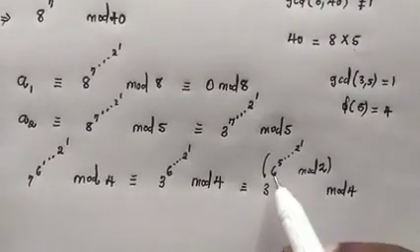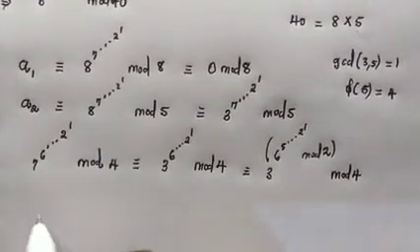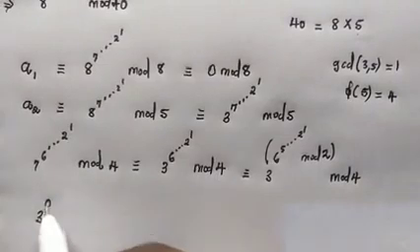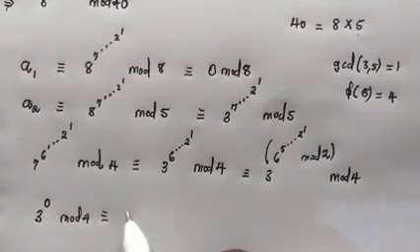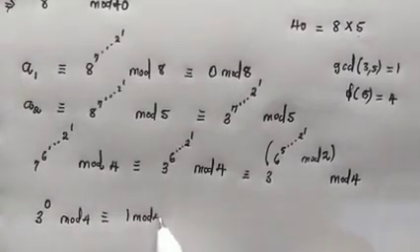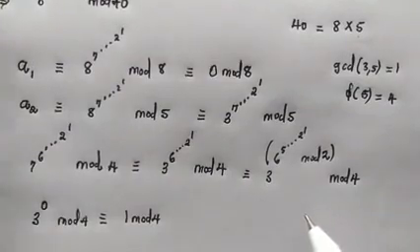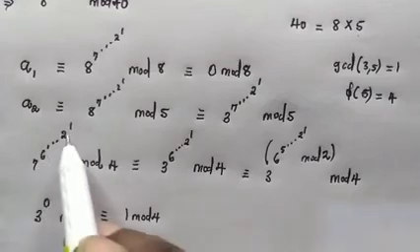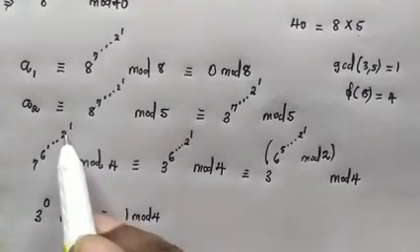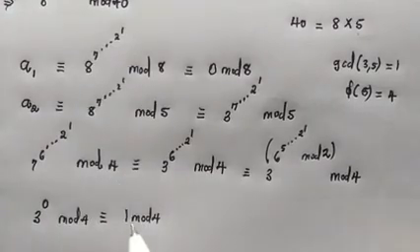So we know clearly 6 divided by 2 has a remainder 0. So we have 3 to the power of 0, then in mod 4, this is congruent to 1 mod 4. Okay, so recall, we are evaluating 7 to the power of 6 to the power of 5 all the way to the power of 2 to the power of 1 in mod 4, which is congruent to 1